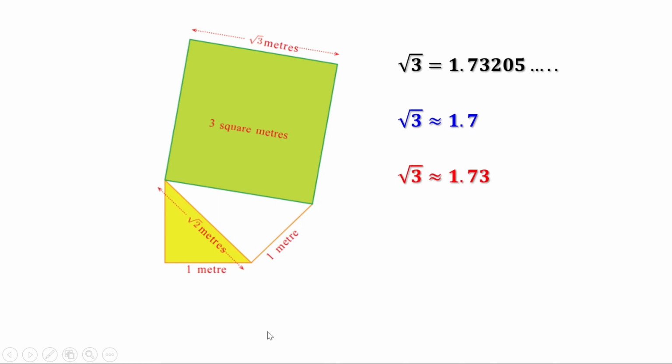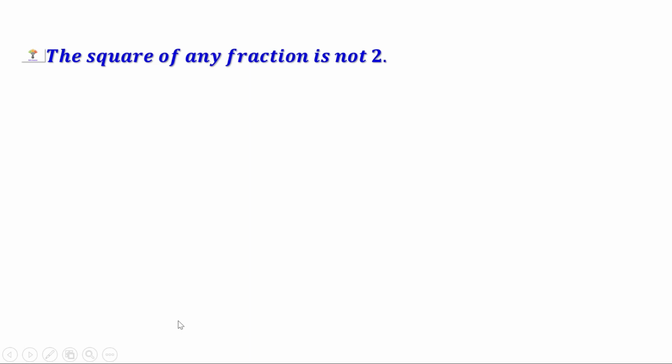Or we can say root 3 is approximately equal to 1.7 or root 3 is approximately equal to 1.73. In general, for any positive number, the length of a side of a square of area x is written as root x. In some cases, root x would be a natural number or a fraction. For example, root 4 equal to 2, root 9 equal to 3, root of 2 1 by 4 equal to 1 and a half, etc. In other cases, we compute fractions whose squares get closer and closer to x and write root x in decimal form.